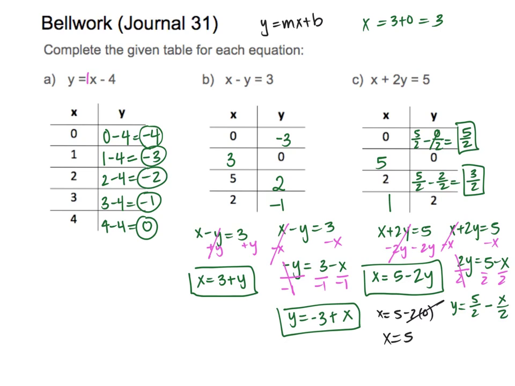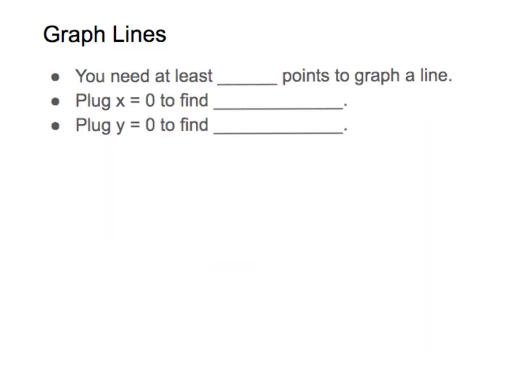So now let's move on to graphing lines, which is not anything new. It's going to feel much like review, but it's nice to refresh on those old skills. Okay, so graphing lines. When we're graphing a line on a coordinate system, typically you need at least 2 points to graph a line, right? Because you need 2 dots, 2 points to connect the dots to make a line, is essentially what we're getting